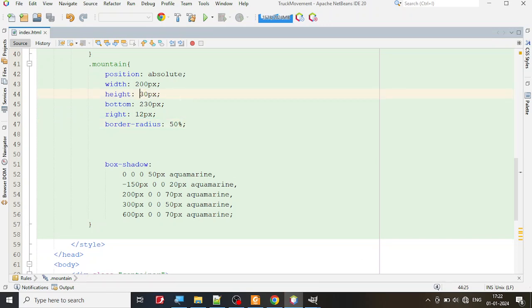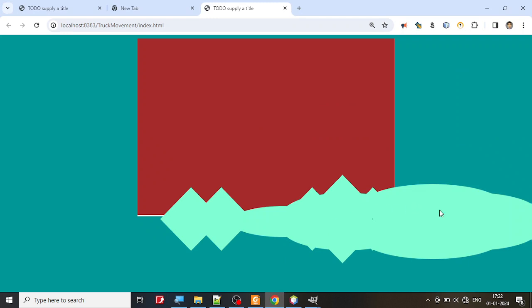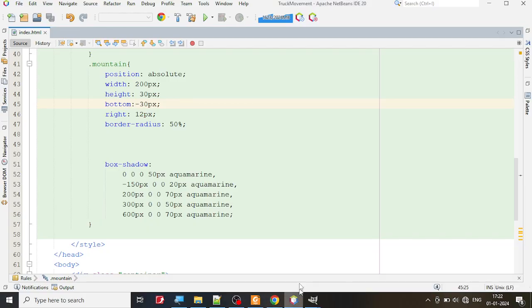So where is this bottom side? I'm going to make this bottom side. I've just moved it to the other side. I'm going to make the bottom side minus 30. Okay. See, these are all trial and error. You notice that it has come to this side. Okay, so you notice it has come here, and maybe I can still reduce the